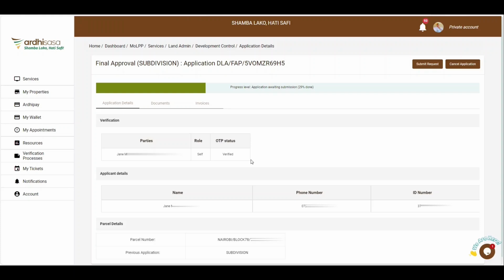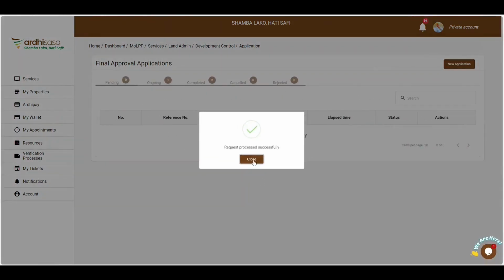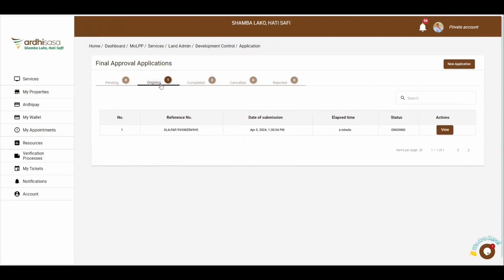A key thing to note is that you can view the progress level of your application on the progress bar featured on the upper section of your screen upon submission of your application. If the proprietor affirms the application, they can go ahead and submit it. Upon doing so, you will be navigated to the application status page. You will notice that the status of the application will shift from pending to ongoing, meaning that your role as the applicant is accomplished for now, and it's now up to the ministry officials involved in the process to process